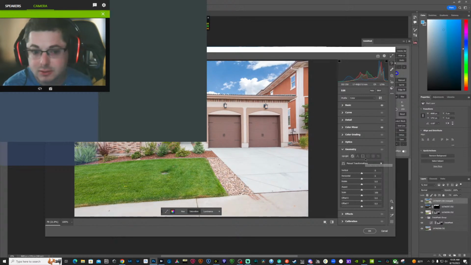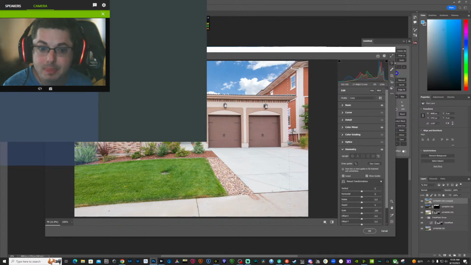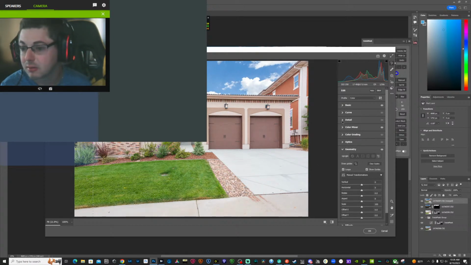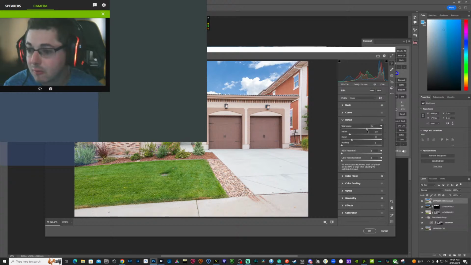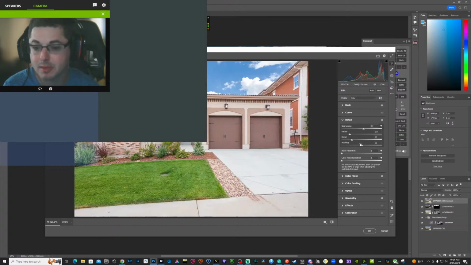It looks like it grabbed onto the wrong thing there, so let's grab onto these sides of our house here. I think that one is done.